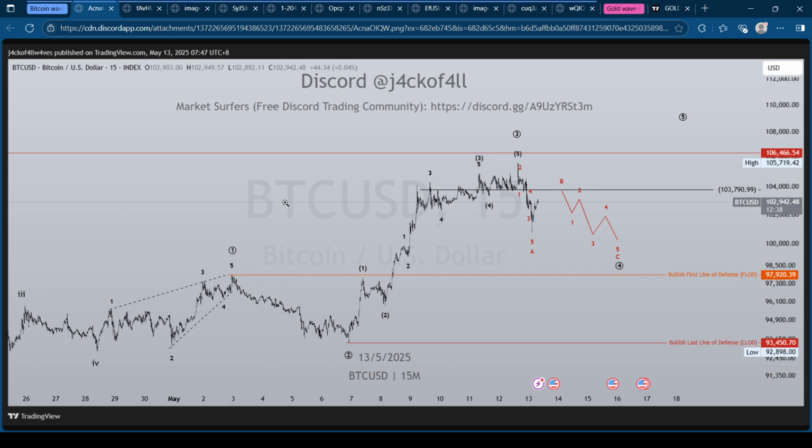So let me start with my original analysis of Bitcoin. I consider this as a leading diagonal. By the way, in a leading diagonal, the structure is 3-3-3. There are cases where the wave 4 will not retrace beyond the territory of the wave 1, and that can only happen in a 3-3-3-3-3 pattern, not in a 5-3-5-3-5